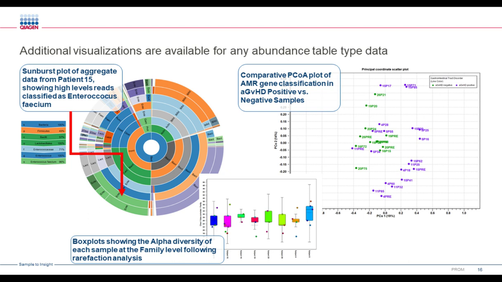This particular patient had a very high level of Enterococcus present and detected in all of his samples. And indeed, this particular species that was present in his microbiome also was carrying a fairly large number of antibiotic resistance genes, which we can see on a later slide. This sunburst plot on the left here is fully interactive. You can drill down or back out as you need to explore the data at whatever resolution is appropriate for